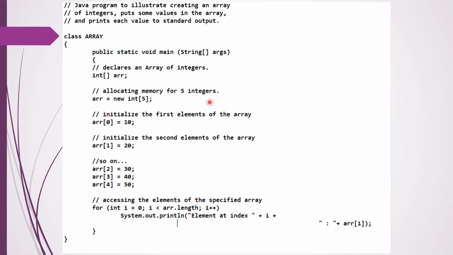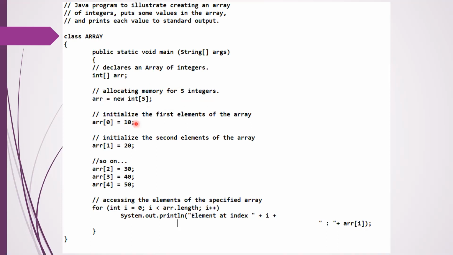You're going to allocate the memory, so it is ARR is equal to new int of 5. Whenever we are allocating in Java, we use the new keyword. First the declaration of the array using the format, then you allocate some memory for the array, and then you have to initialize for each index what element you are going to store.